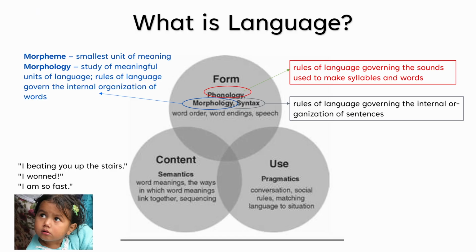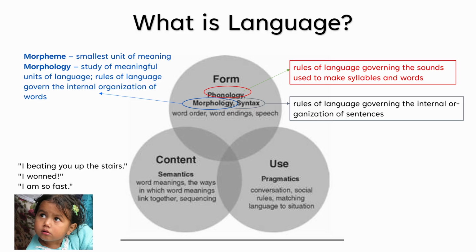Language is one dimension of human behavior and consists of 3 interrelated domains: form, content, and use. Looking at all three helps us understand not just what children say, but how and why they communicate.